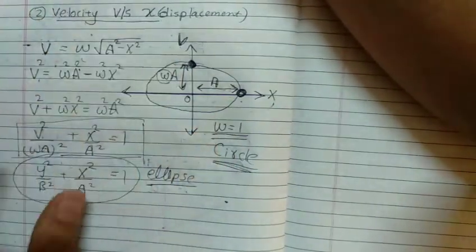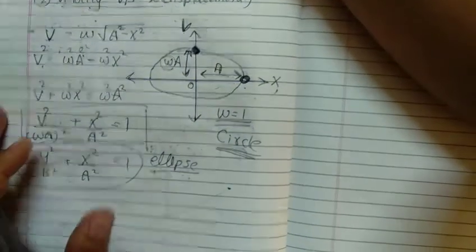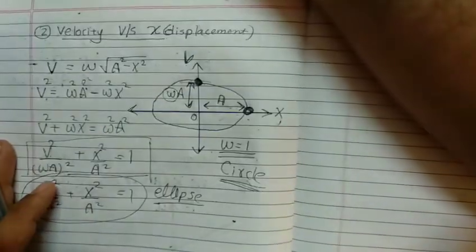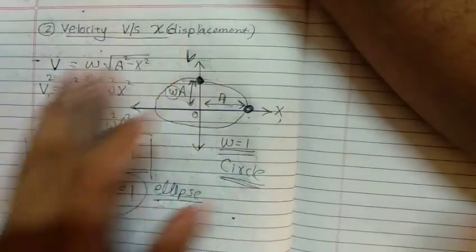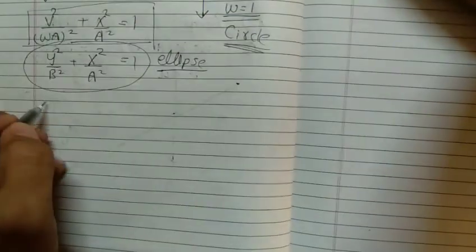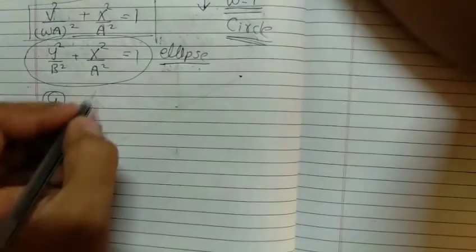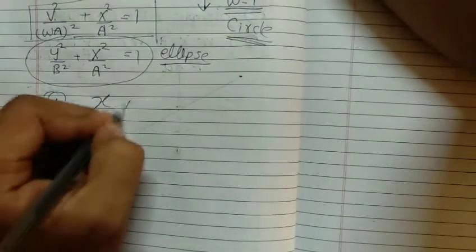Okay, so this kind of a graph you are getting. Keep it in mind. Now this was the velocity versus displacement graph. Now one more graph we will go over. It is the displacement versus time graph,